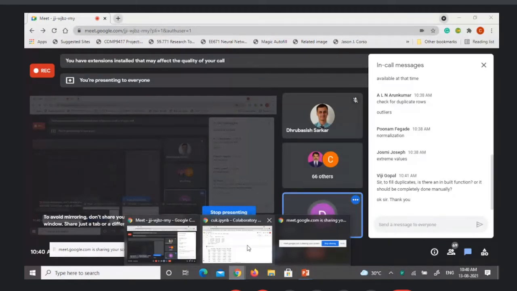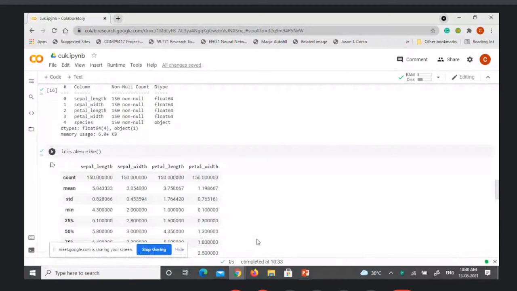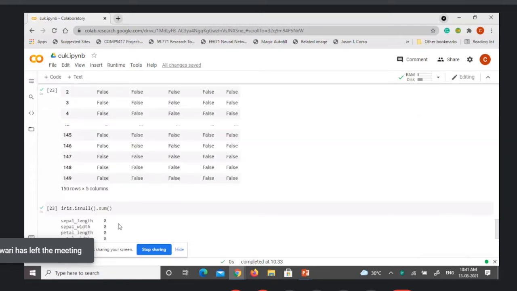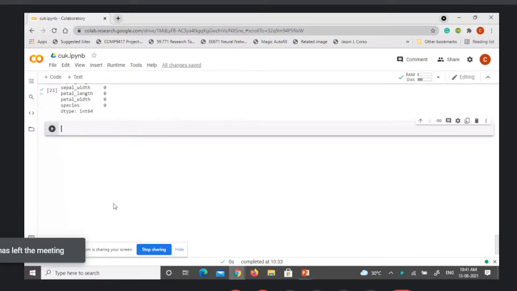So let us go here once again. What I will do is put this quartile information in the form of a box plot.